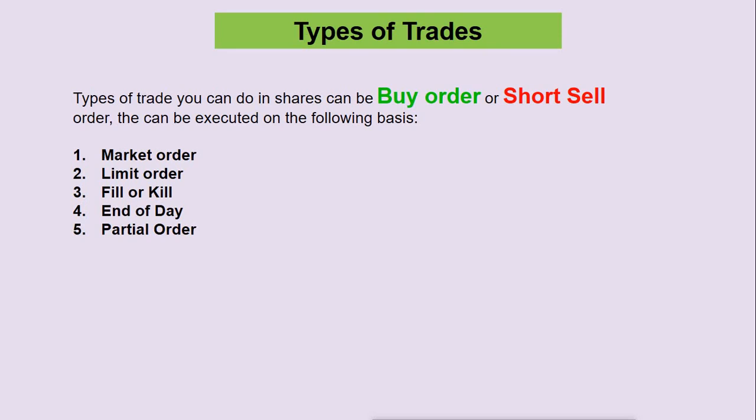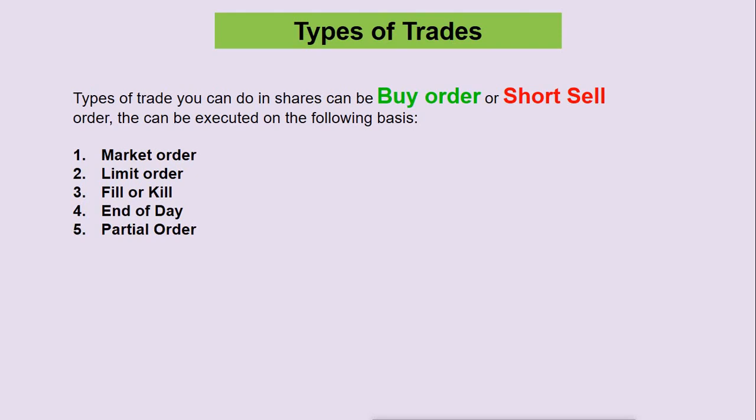Hello everyone. Now we are going to look at the types of trades that you do in the market before we proceed. Trades can either be a buy order or a short sell order. A buy order is where you do not have shares and you say you want to buy the shares and own them. So in other words, when you place a buy order, usually you are saying, I want to have